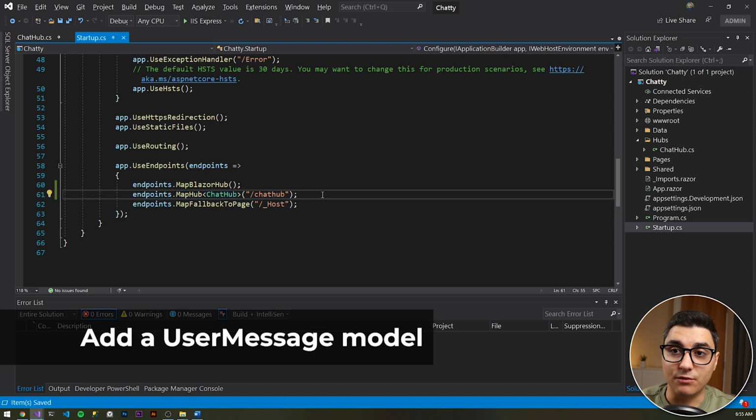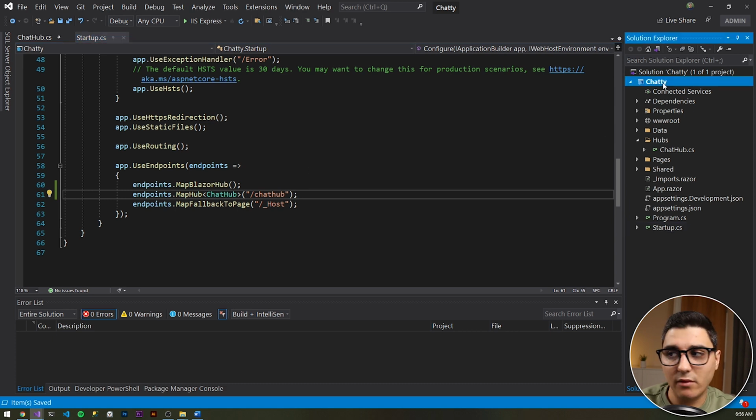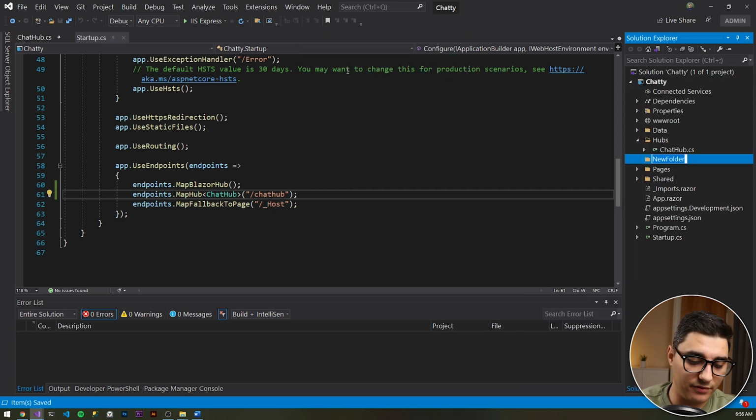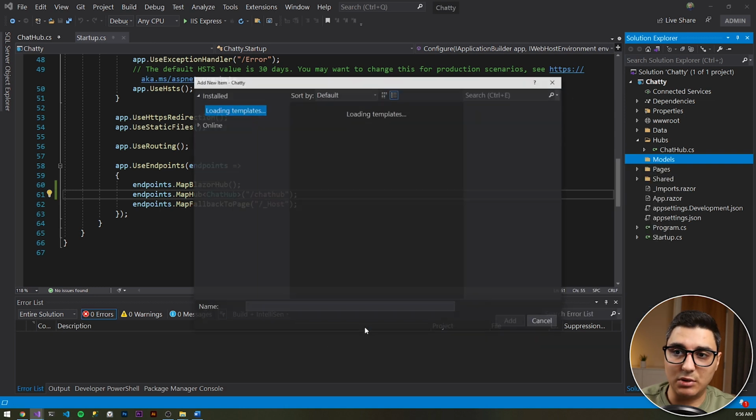Okay, next thing to do, really simple step, is to add a user message model. And we need to do that because we need to store the username inside the app on the client level, we need to store their message, their date sent, and a bool flag that defines if the user is the current user. So obviously, let's create a new folder called Models, because that's best practice to have a separate folder for your models or data transfer objects if you have a database instead, but we're just going to call it Models. And then in here, let's add a new class,